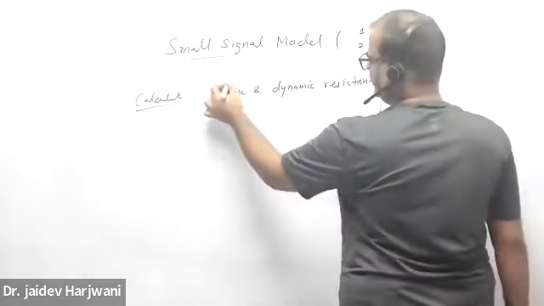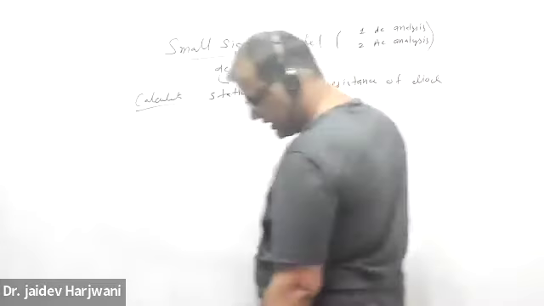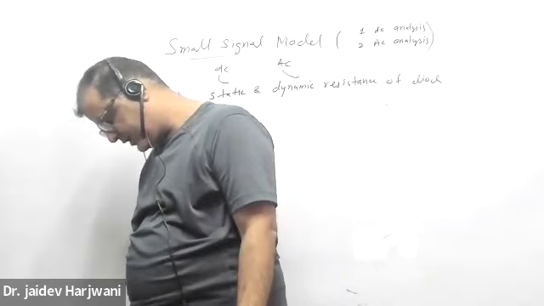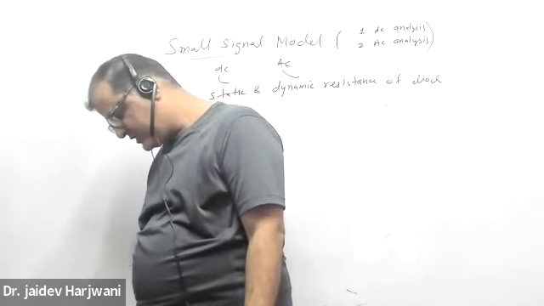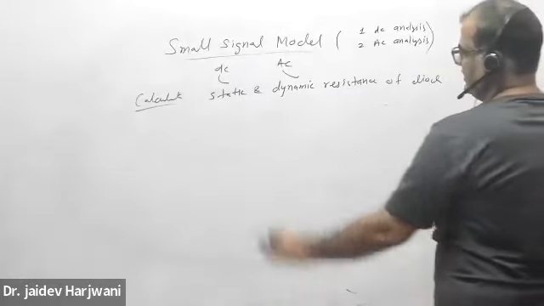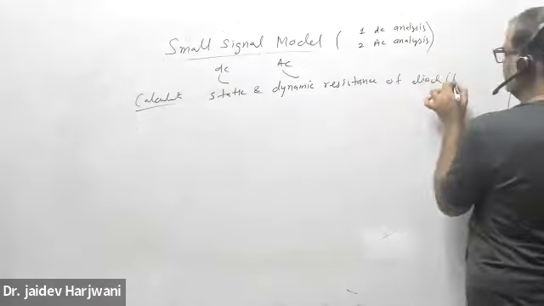Static means DC, dynamic means AC, resistance of the diode, okay, of a PN junction, okay, at 27 degrees centigrade. You have to calculate the static and dynamic resistance of the diode or PN junction